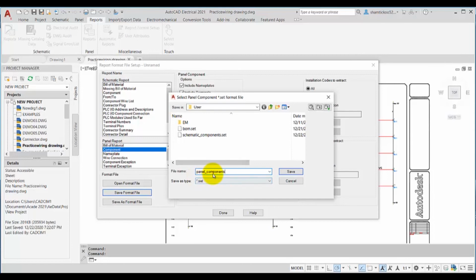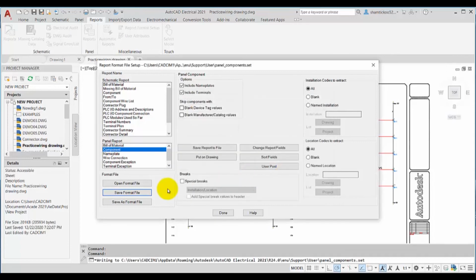So this is the file name for this format file. Now I will choose the save button. This way we have created and saved two customized format files for schematic component report and panel component report. Now I can choose the done button over here.